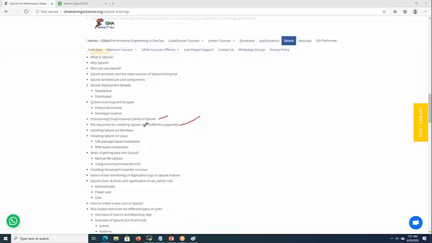So we will be discussing how to install Splunk Enterprise as well as the forwarders. We will discuss installation on Windows and on Linux, and there will be two types of installations: tar installation and RPM-based installation. And we'll be discussing how to get the data into Splunk.